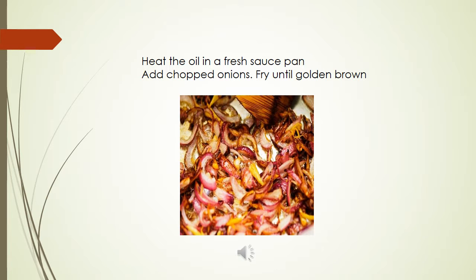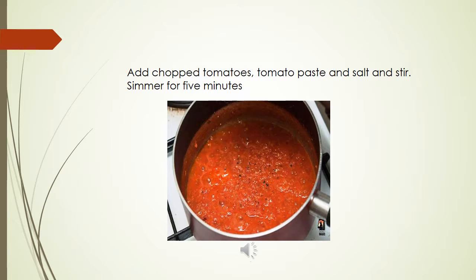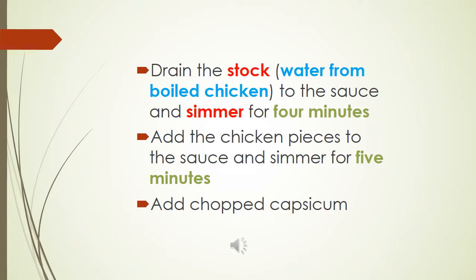Next, heat the oil in a fresh saucepan. Add chopped onions. Fry until golden brown. To complete making your sauce, add chopped tomatoes, tomato paste, and salt, and stir. Simmer for 5 minutes. Now, drain the stock, that is, the water from the boiled chicken, to the sauce and